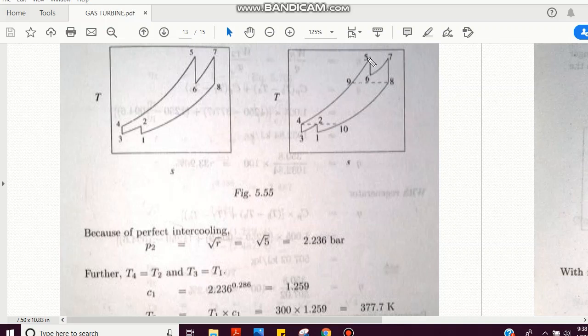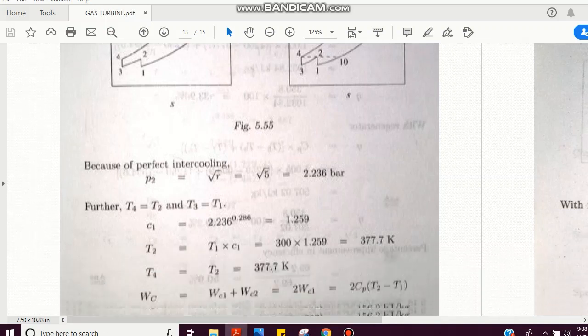Then 9 to 5 is the heat input process, the combustion chamber. 5 to 6 is the first stage turbine expansion process. 6 to 7 again is the reheat process, the second combustion process. 7 to 8 is the second stage expansion process. 8 to 10 is the heat exchanger process, the outlet, and 10 to 1 is the exhaust. Okay, so